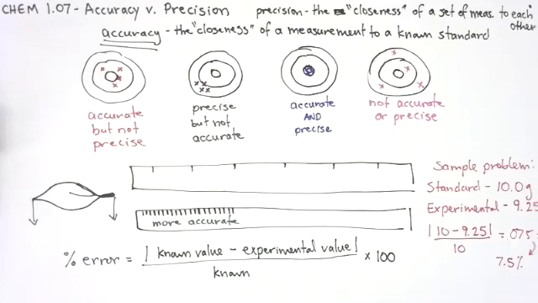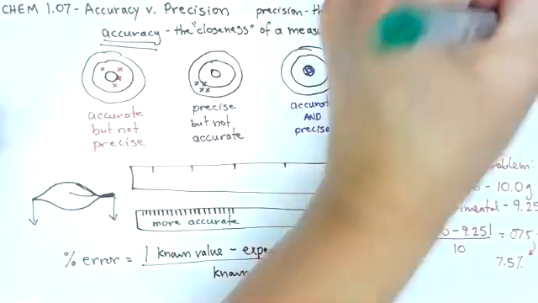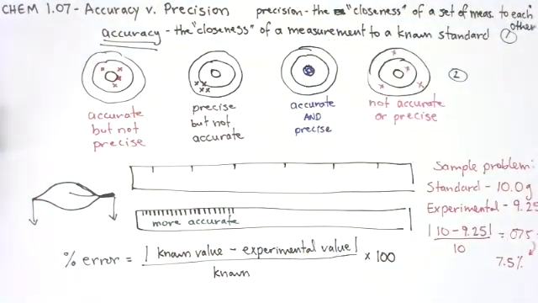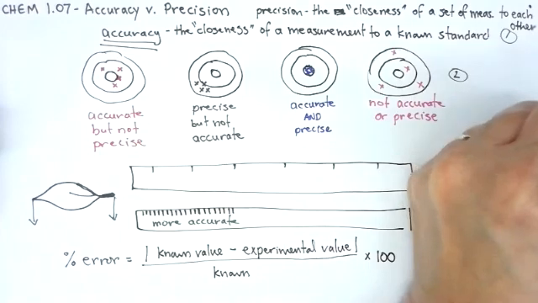So the next video on significant figures will address how we keep track of our accuracy and the rules that apply to that. So your takeaways today should be, do you understand the definition of accuracy and precision? Can you describe situations that are precise but not accurate, accurate and precise, accurate, not accurate or precise, so on and so forth? And can you do percent error